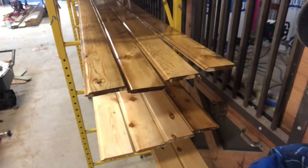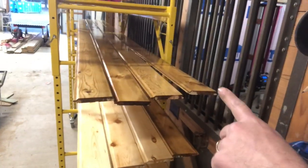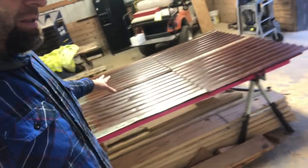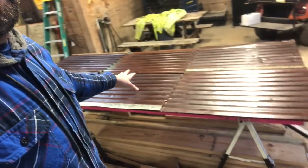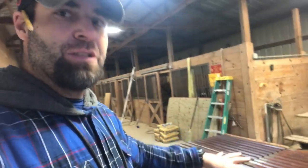Started staining and polyurethaning the boards. The lighter boards are going to be for the ceiling, darker boards are going to be for the wall. Really, really going to pop. And then went ahead and cut the corrugated tin, and the customer wants rust side up, which after putting the polyurethane on this, is looking really, really stinking cool. I told him right before he left a few minutes ago, if this were dry, this would be up on that loft